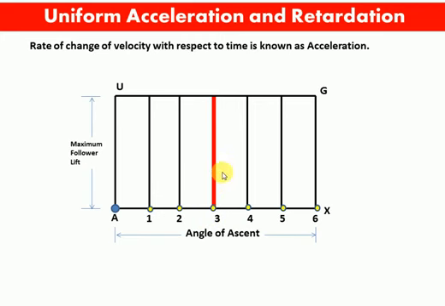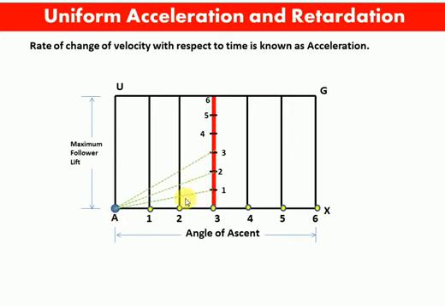Now what we'll do is, we'll draw a center line, this line 3, and we'll divide it into an equal number of even parts, the same number in which we have divided the angle of ascent. So if it is 6, it will also be divided into 6 parts, say 1, 2, 3, 4, 5 and 6. Now from point A we'll join point 1 on this vertical line with dotted lines, also point 2 with A and 3 with A as shown in the figure.